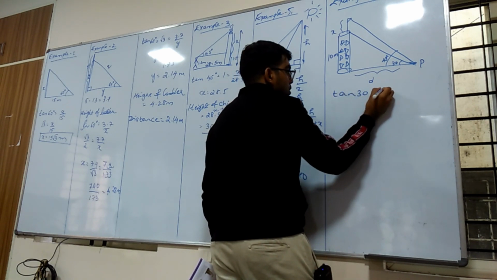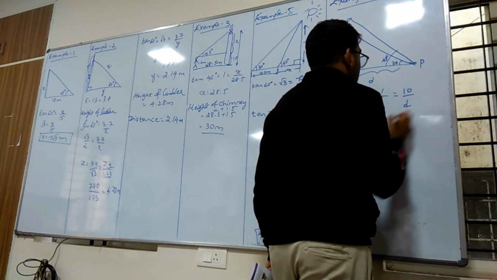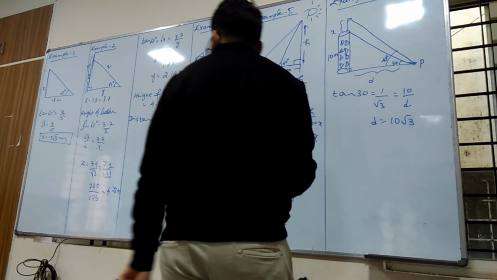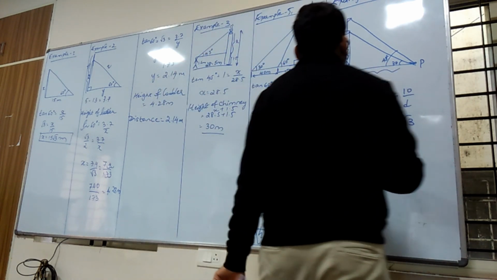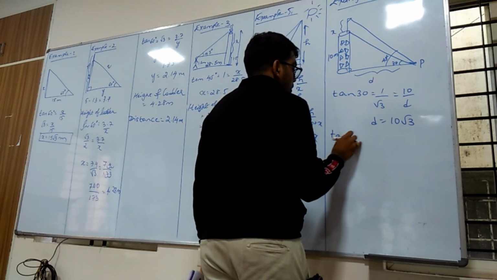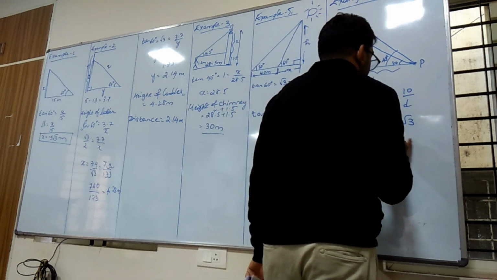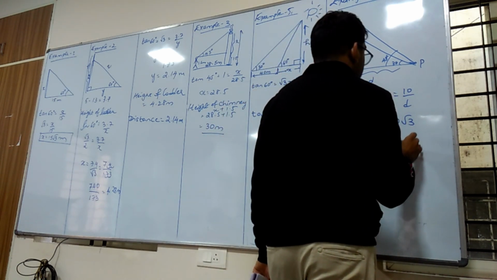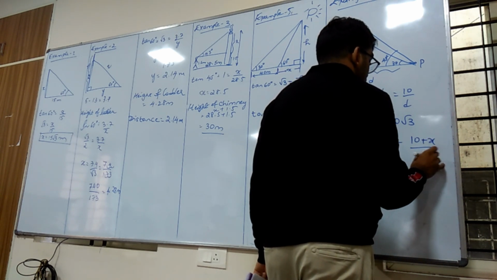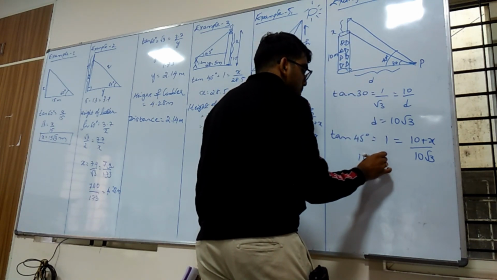Tan 30 is equal to 1 by root 3, which is equal to perpendicular 10 by d. What is d? 10 root 3. Okay? Now apply tan for 45 degree. Tan 45 degree is 1, which is equal to perpendicular 10 plus x divided by distance 10 root 3. Yes? So 10 root 3 minus 10